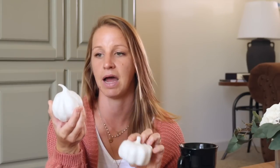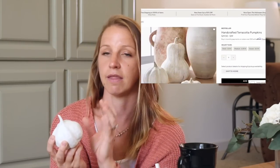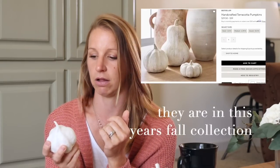And then the last DIY pumpkins that I have made are these air dry clay pumpkins. They were inspired by the Pottery Barn pumpkins from last year in their fall catalog. I don't know if they're in their fall catalog this year or not, but